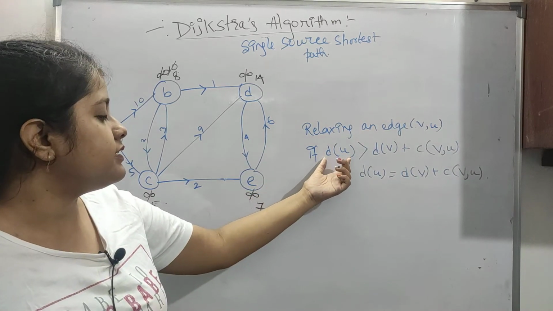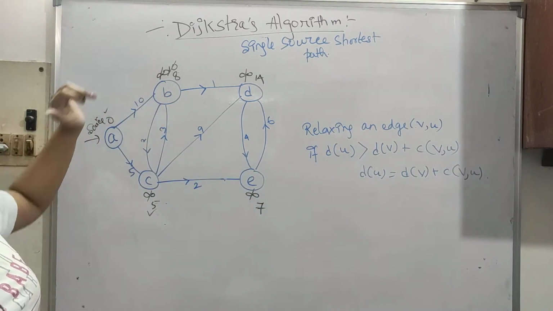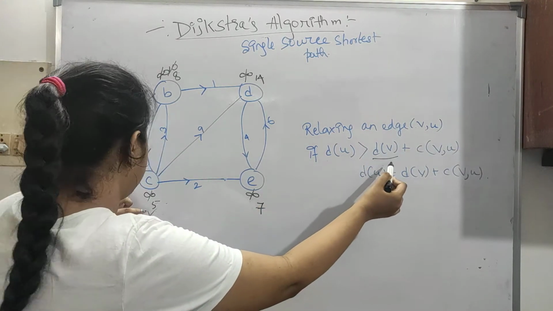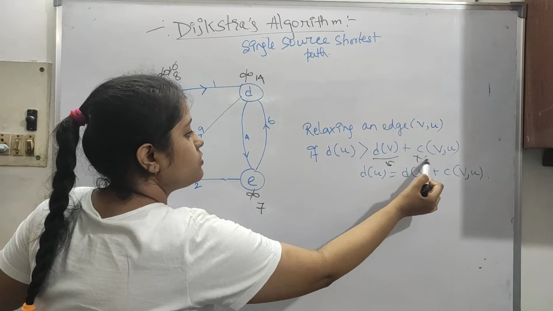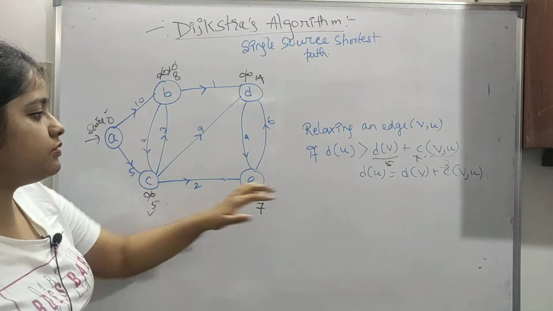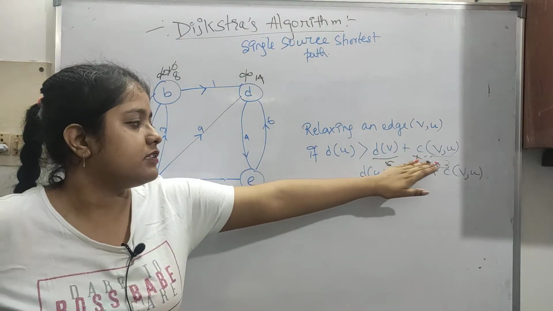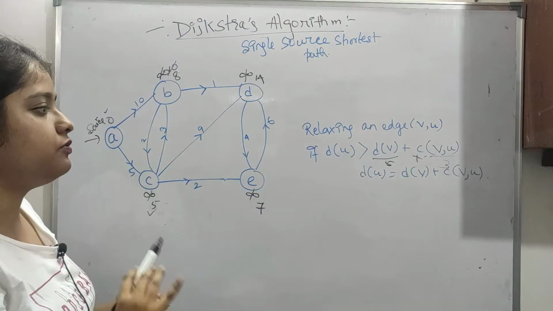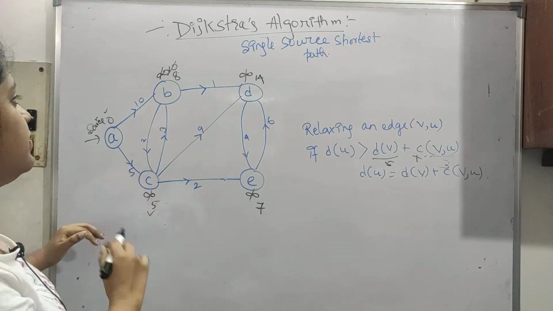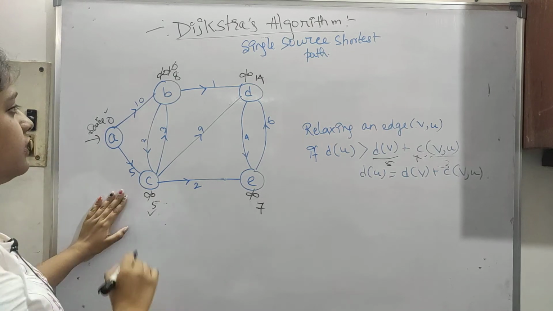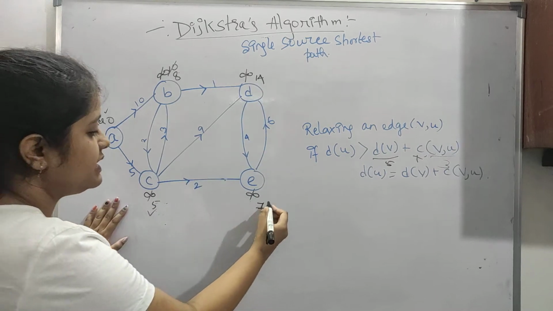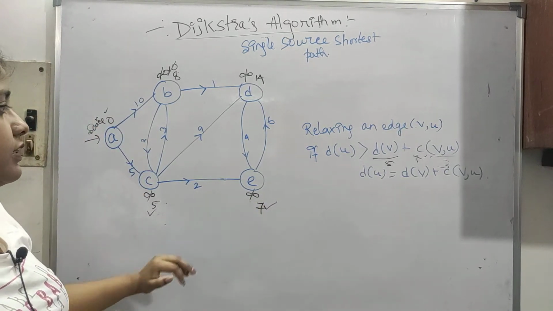This 10 was greater, so now the cost of this edge is 3, so we change it to 5 plus 3, which is 8. It was actually 10 and now we are changing it. That's why I say that when we do examples it will be clearer. So 5 is done, and the next lowest among 8, 14 and 7 is 7, so we take 7.